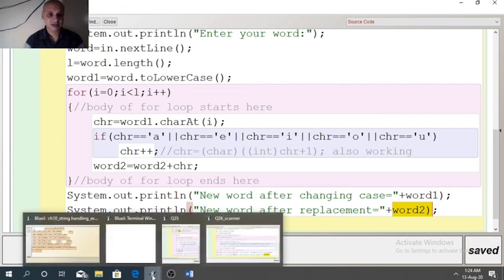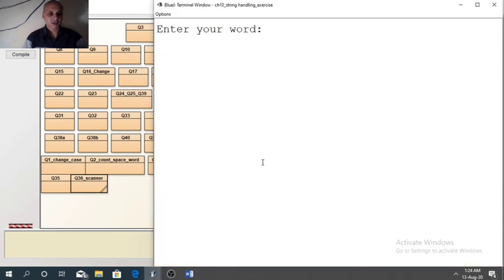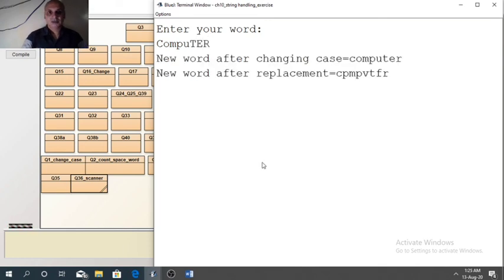Now let us see the result. So I am typing in the mix case. New word after changing the case, computer in lowercase we have got.